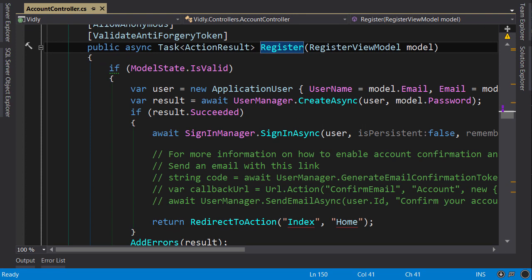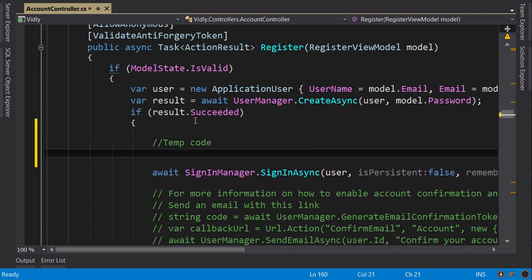We're going to modify the logic of this action and assign any new users to the Store Manager role. Now, you may get freaked out and say, Mosh, but this is too risky. I know. Just bear with me. We are going to remove this code in a second. I just want to populate our database with a user in the Store Manager role. So here, if we successfully create a user,